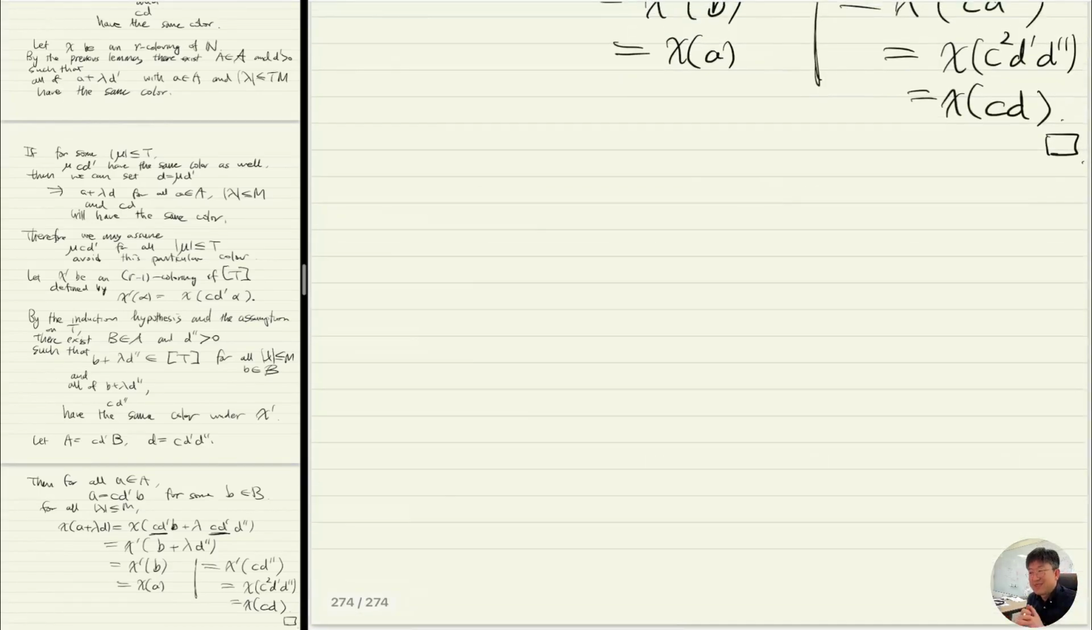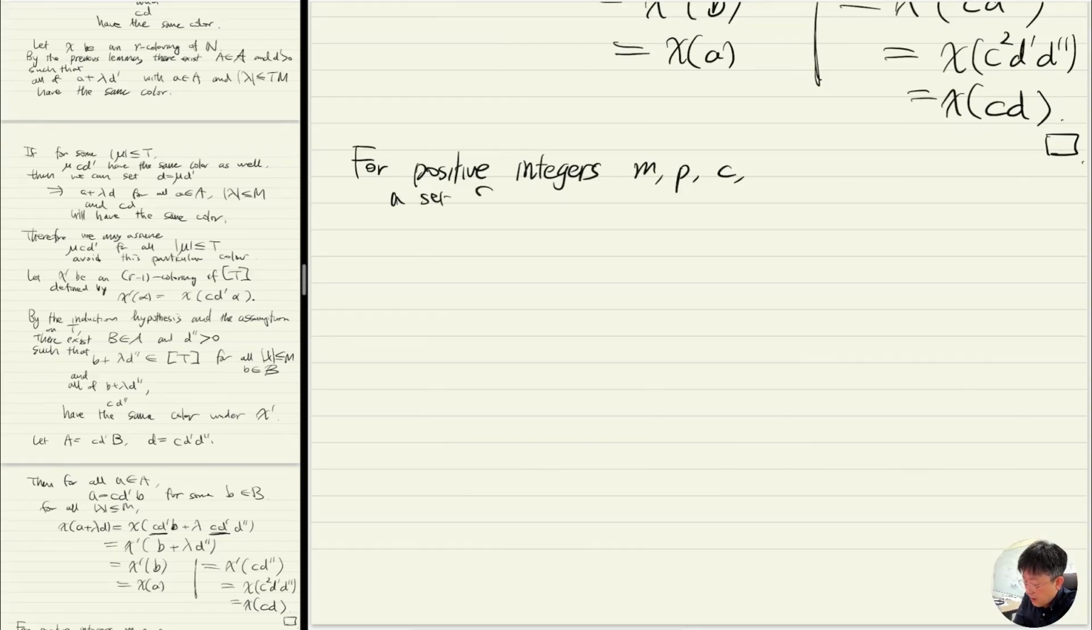All right, so we have proved two lemmas. Now we're gonna define something called the Mpc set. So for positive integers, a set S of positive integers is called an Mpc set